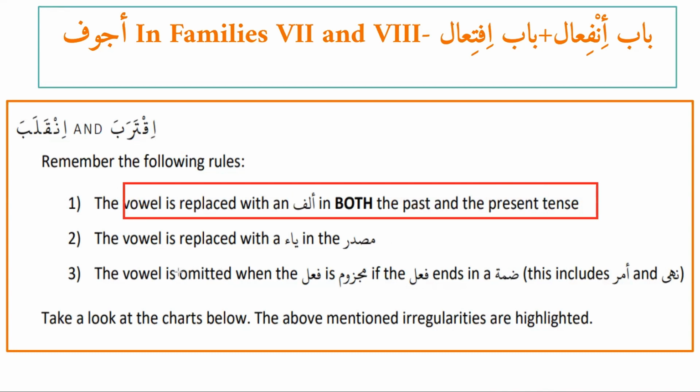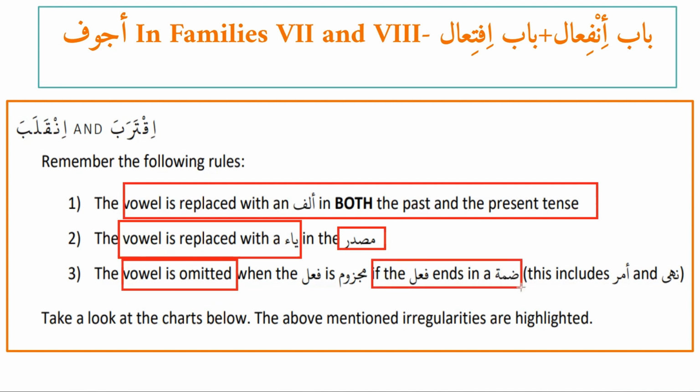And in masdar, the vowel is replaced with ya in masdar form. And again, in fe'l amr or the majzoom form of present tense, the same change: the vowel is dropped. In what sighat? The same group, af'alul arba, if the fi'l ends in dhamma, meaning huwa, hiya, anta, ana, and nahnu sighat. So for those 5 forms, fe'l amr, fe'l nahi, and present tense lightest, the vowel is omitted.